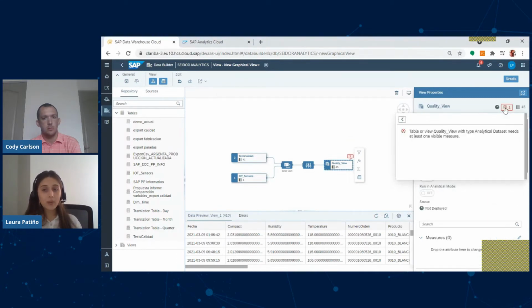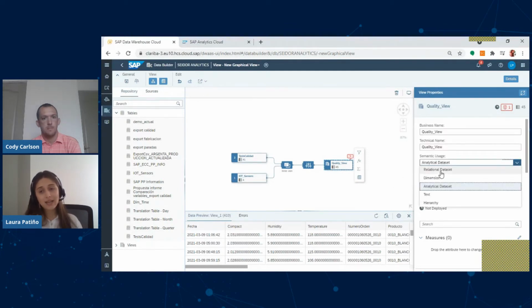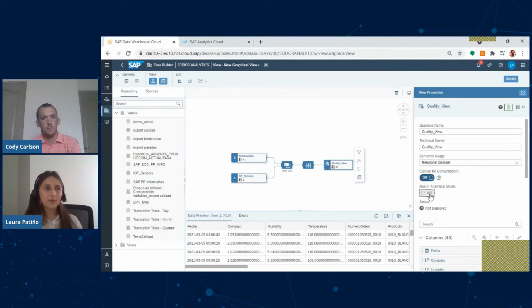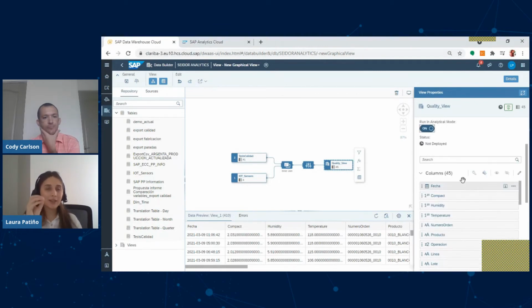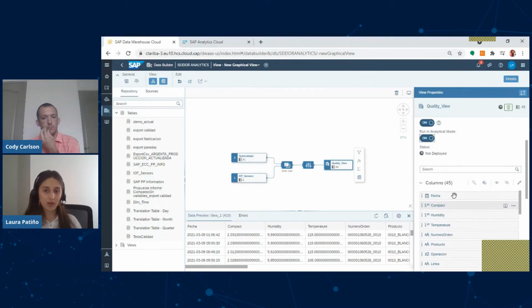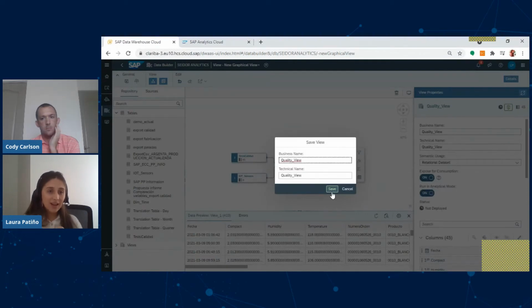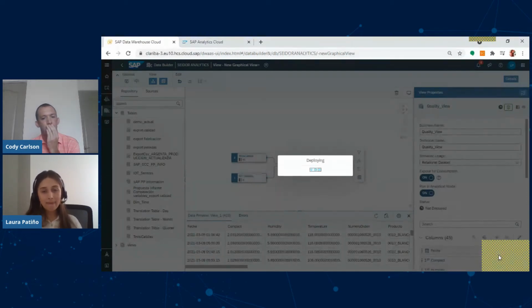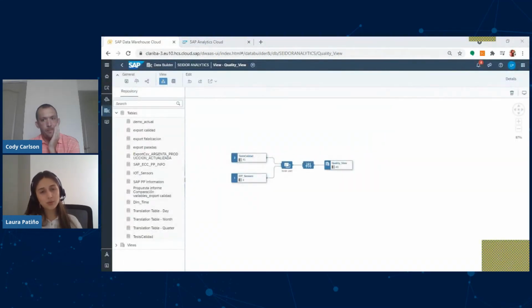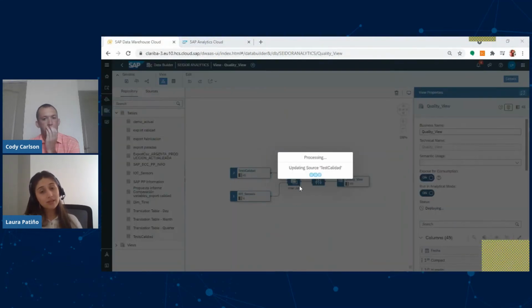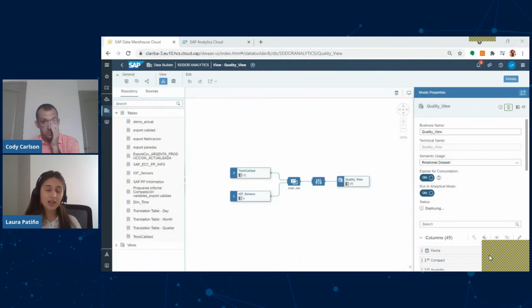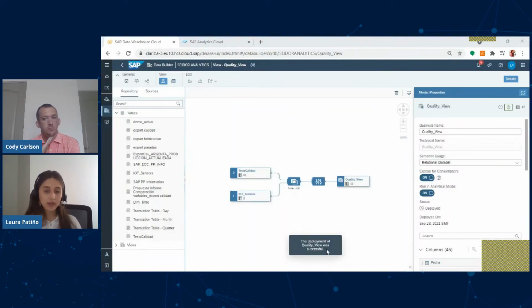As you're seeing there, when I changed the semantic usage, it is showing me an error. So it is also good to not make mistakes, and it will tell you exactly where you are wrong, and you can correct it easily just by selecting another option. And then I go to that cloud icon and select deploy. It will take just a few seconds to deploy the process, and once it is finished, the information will be ready to be consumed.